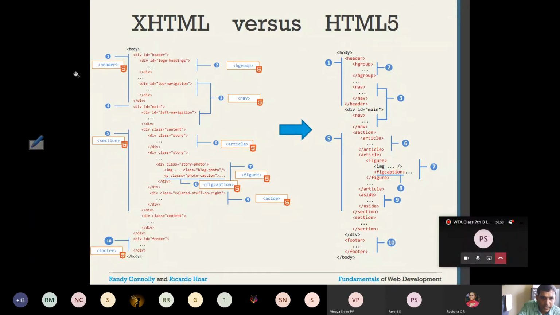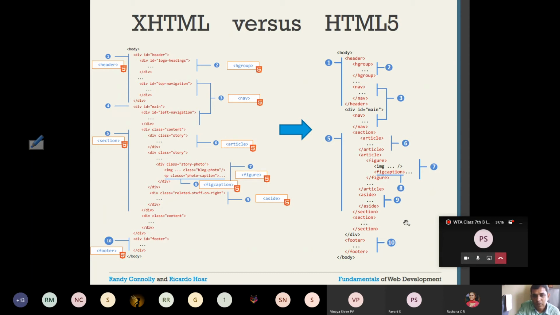Of course div can also be used here, but instead of div, header is used, hgroup, header group, nav, the navigation tag, and of course closing header. Then section, article, figcaption, aside, footer, all these things.